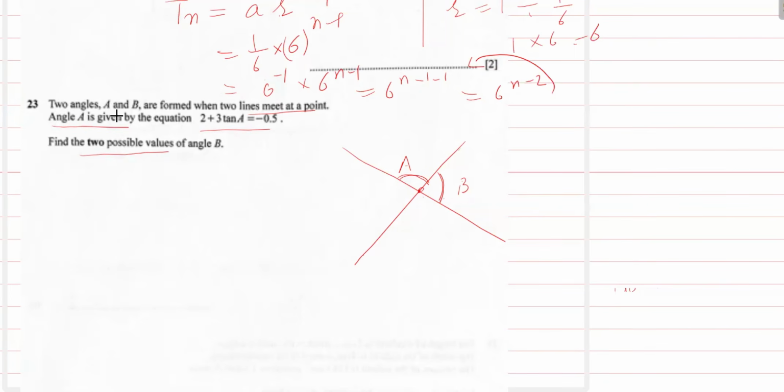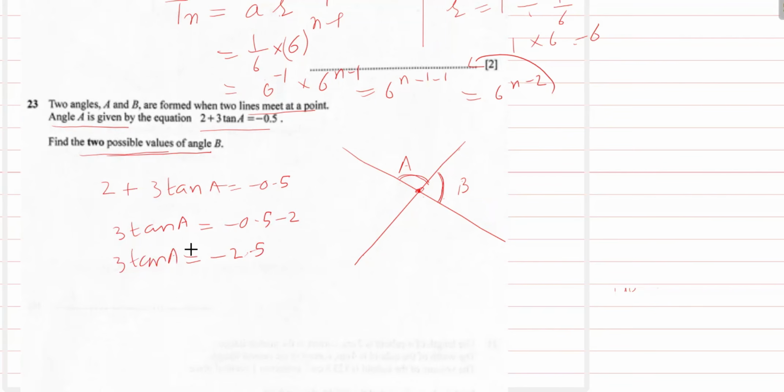Question 23. Two angles A and B are formed when two lines meet at a point. Angle A is given by this equation. Find two possible values of angle B. Look here, these are two lines meeting at a point. This is the angle A, and this angle is considered as B. Look, we can calculate this angle A by using this equation. 2 plus 3 tan A equal to minus 0.5, and we can write 3 tan A equal to minus 0.5 minus 2, and this is minus 2.5,